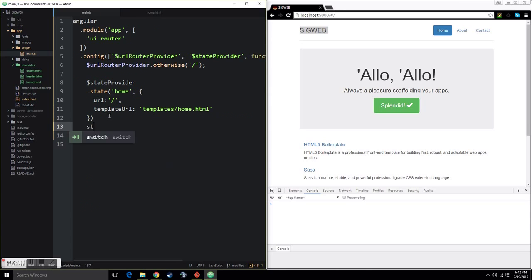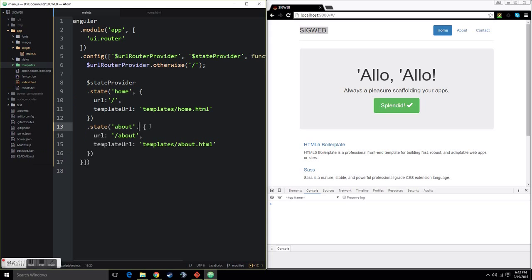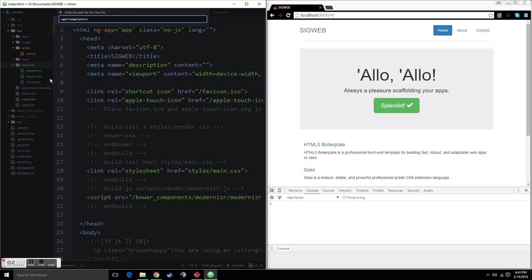So let's make other pages work. So we have our home state. Let's also do the .state for about, and the URL for this is going to be /about. And for now, let's do templateUrl templates/about.html. It's going to throw an error right now because there's no templates. Oops, this is a comma. Okay, so we need to create about.html,